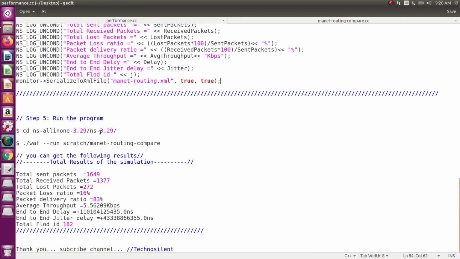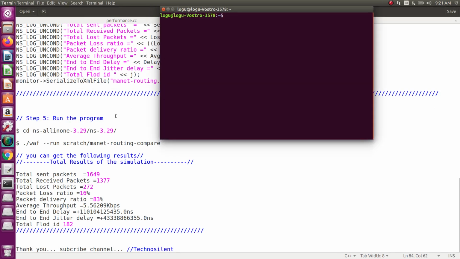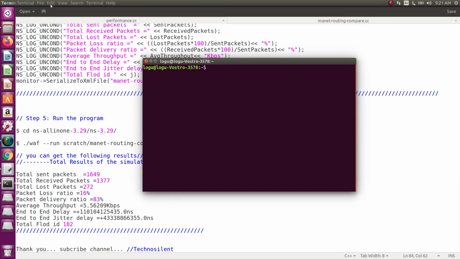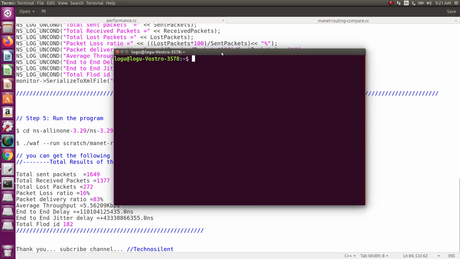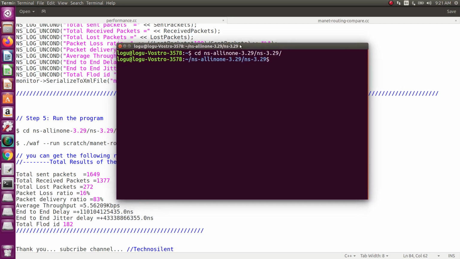First open the terminal by pressing Ctrl Alt T. First go to cd ns-allinone-ns-3.29, then enter. Then ./waf --run.